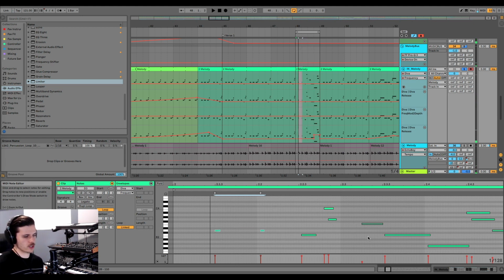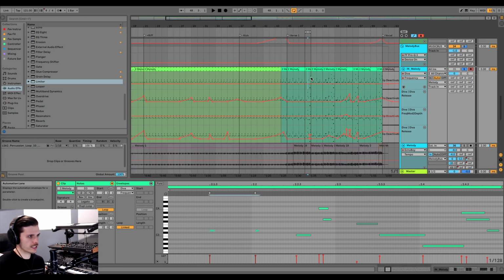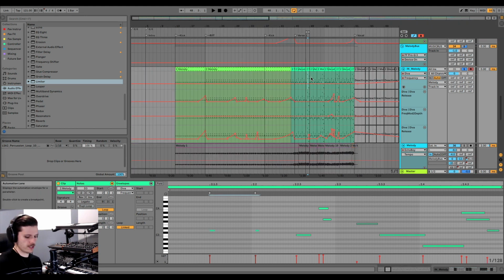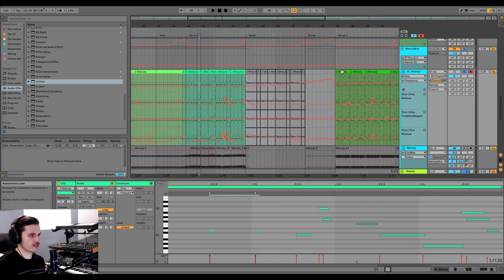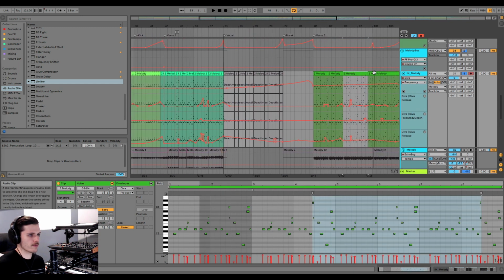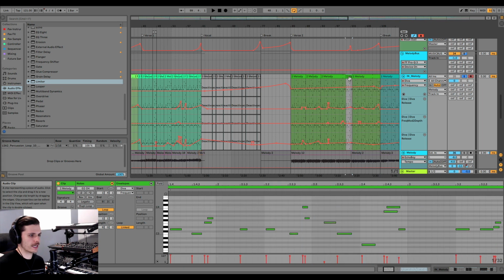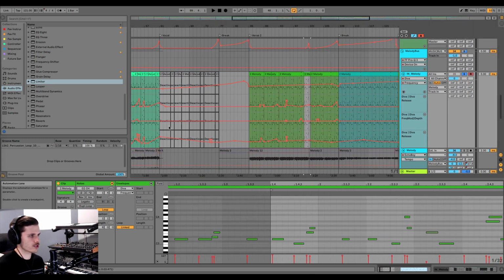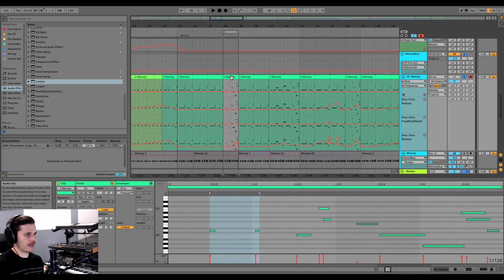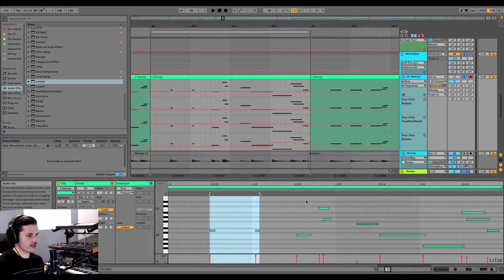So you can see just with that, it's just enough to keep you on your toes and make it seem like it's not just this endlessly repeating loop. And you can see I have all these different separate MIDI clips, even though the loop is the same, and that's just because there are these little small note length changes throughout there. And then just going to that trill that I mentioned,